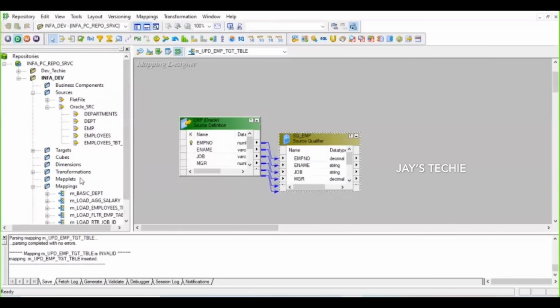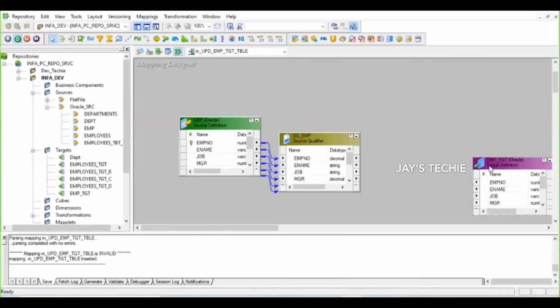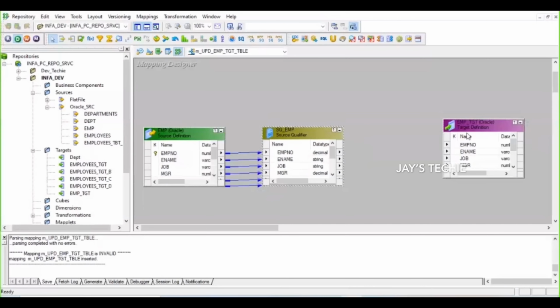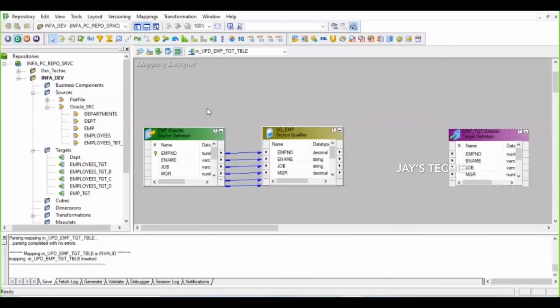Now we are going to see how to load the data into the employee target table using the update strategy. So go to transformations, click on create.